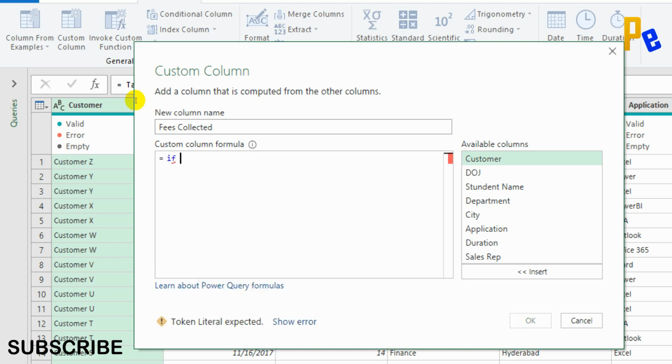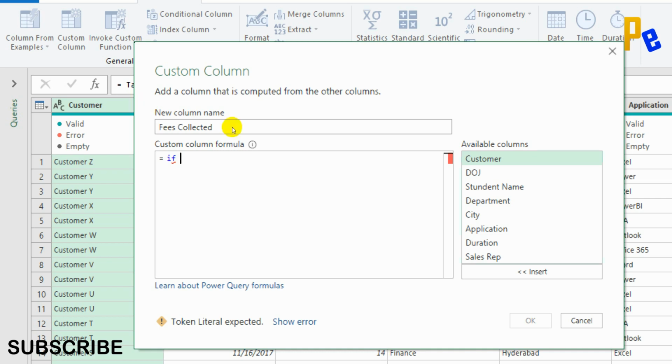basically the decision making here is if the duration spent by a student with me to learn a subject is less than or equal to 15 hours, I'll be charging 15,000 rupees or 15,000 units. If it is between 15 to 35, the fees will be some amount per hour, and if it is 35 to 50, some other fees. If it is more than 50, some other fees. So that is my rate card. Same thing I need to type here.